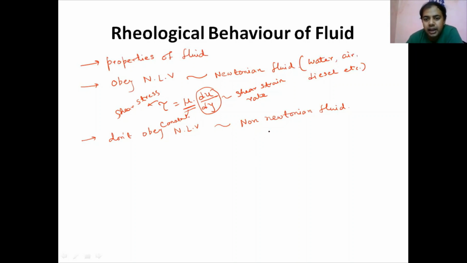Non-Newtonian fluids have some divisions, because these fluids do not obey the relation tau is equal to mu into du by dy. Hence,